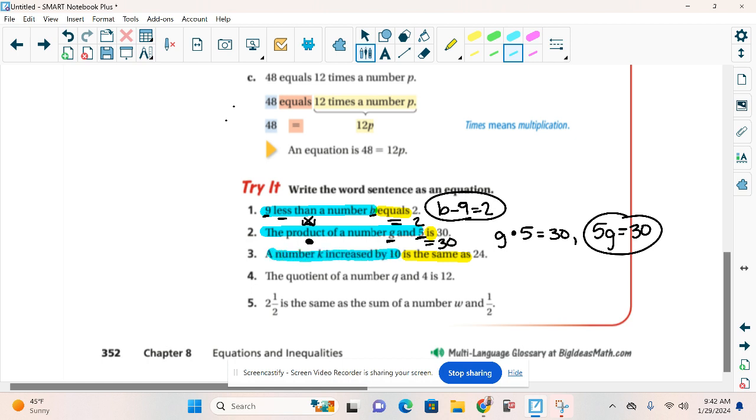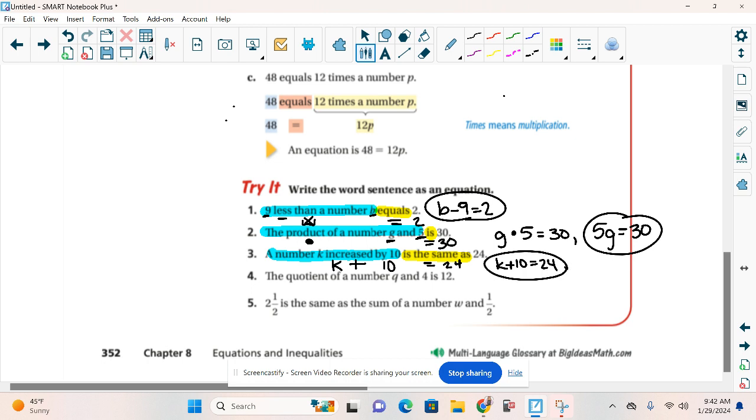Number k increased by 10. Alright, I'm going to decode it. I'm going to start with my equal sign. Equals 24. Well, what equals 24? K plus 2. Alright, what's our key word? Increase by. And what are we increasing it by? K and 10. It goes in the exact order that it's written because there's no flip words, right? So my answer is K plus 10 equals